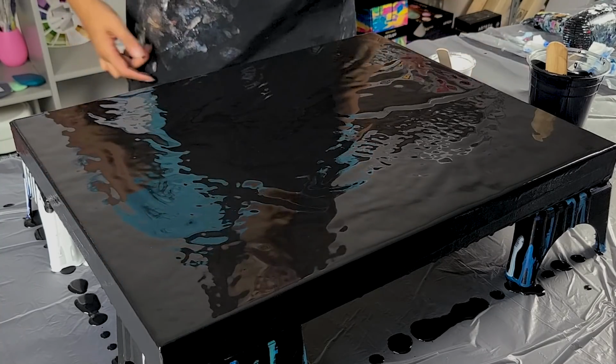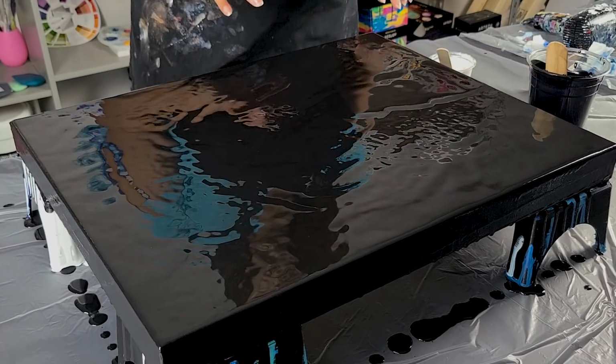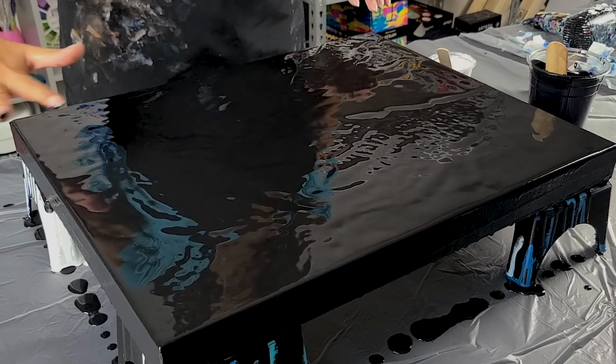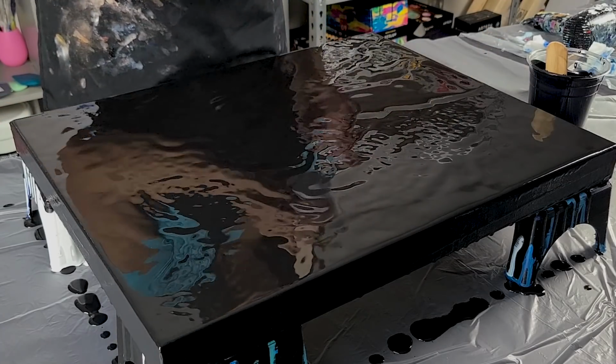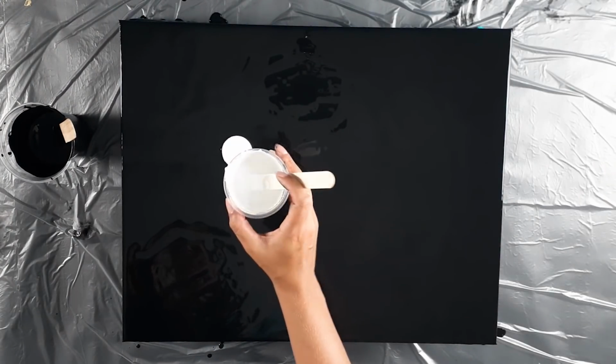So I was thinking about my design. I don't want to do a straight across blowout. I want it to be kind of organic, so I think I'm gonna do a line up here and a line kind of back here, and then maybe a little something in the middle. So I'm gonna do a puddle up here. I'm gonna do my white,